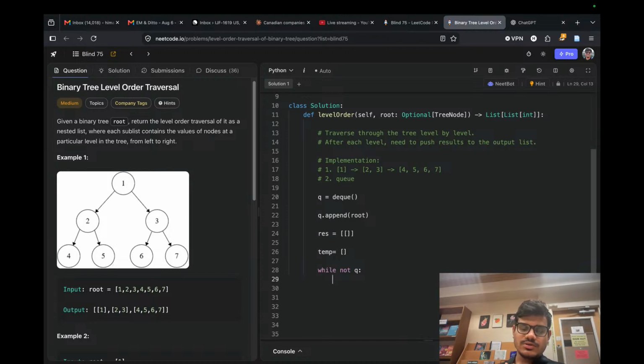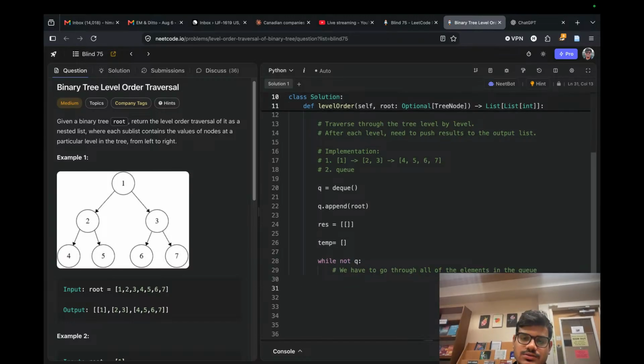So what we can do is, while the queue is not empty, we have to go through all of the elements in the queue. Yeah, so while the queue is not empty, what we can do is